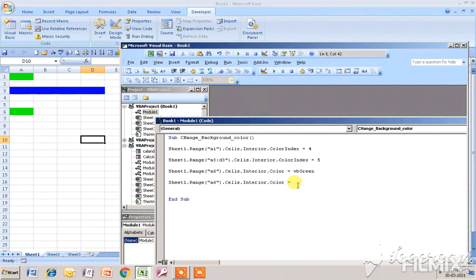and I will give the name of the color as vbMagenta. Okay, and I have to just specify the range, A9 to D10.